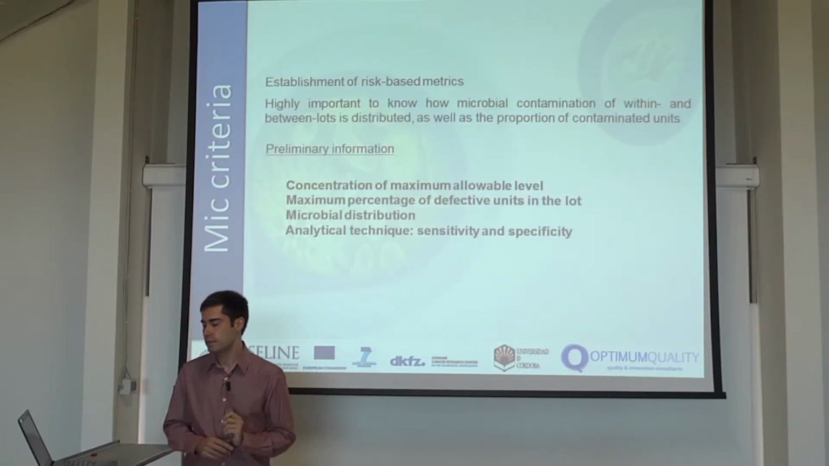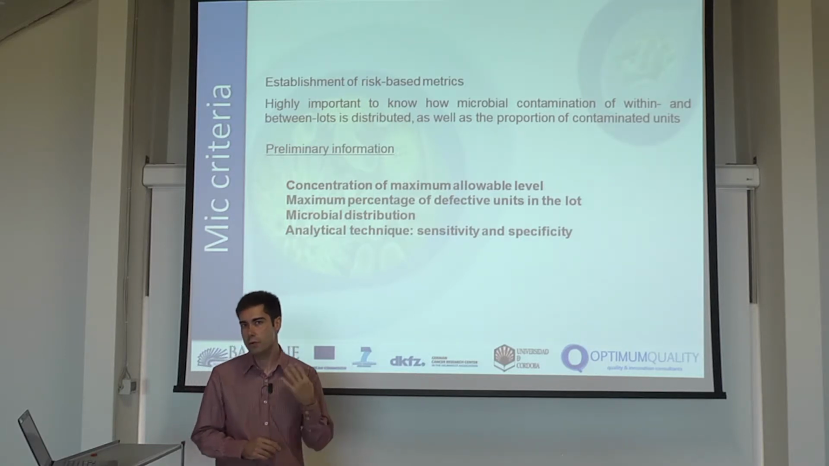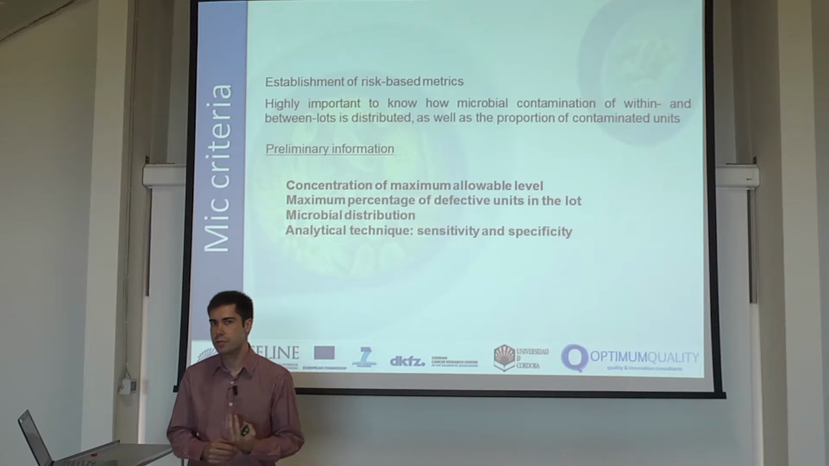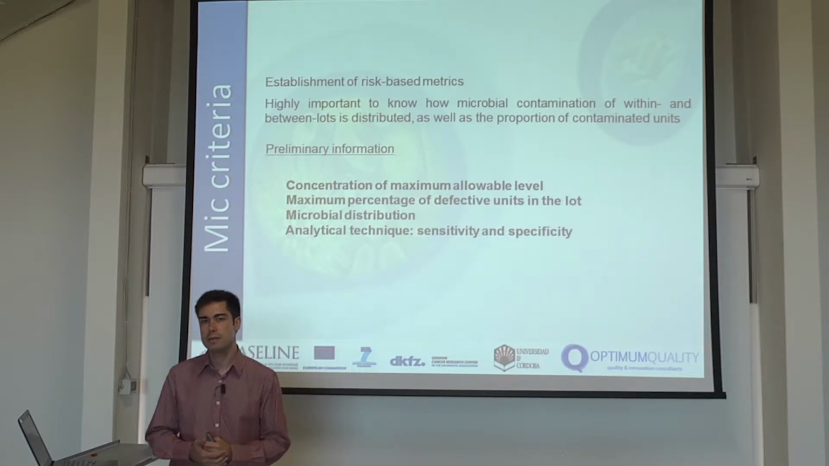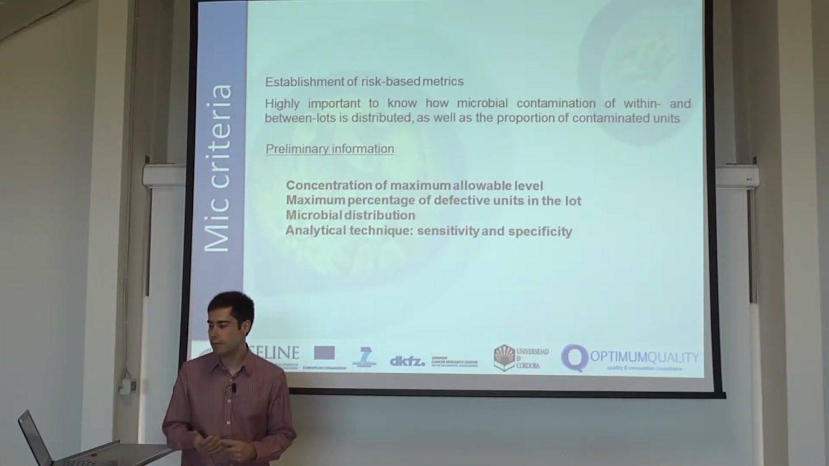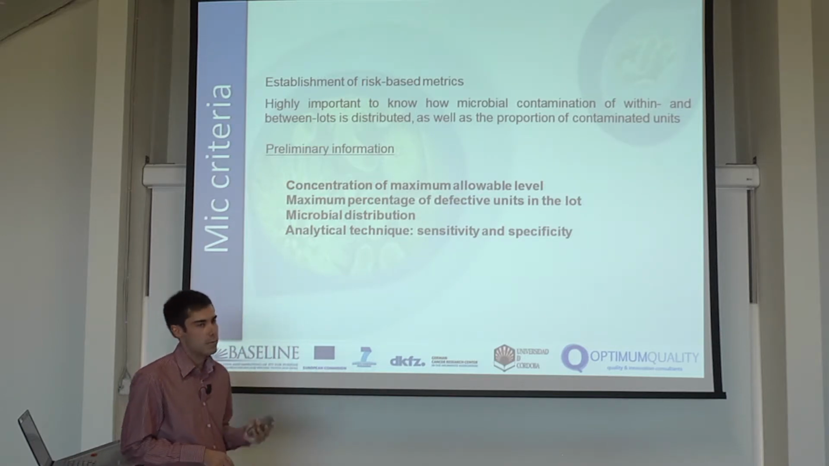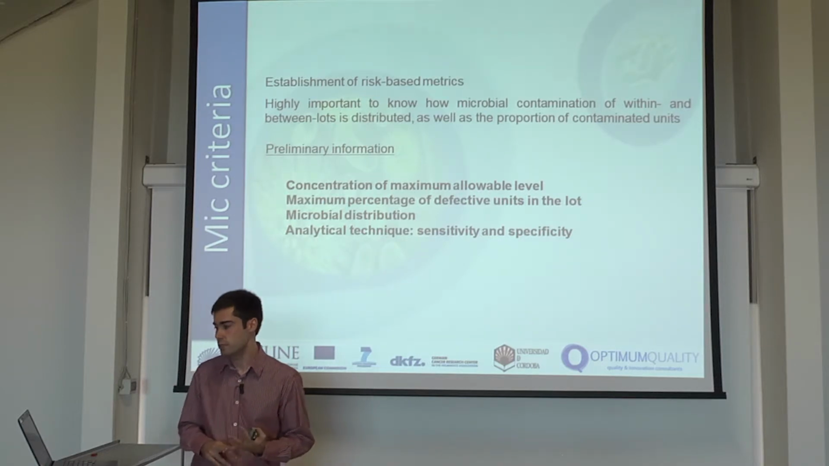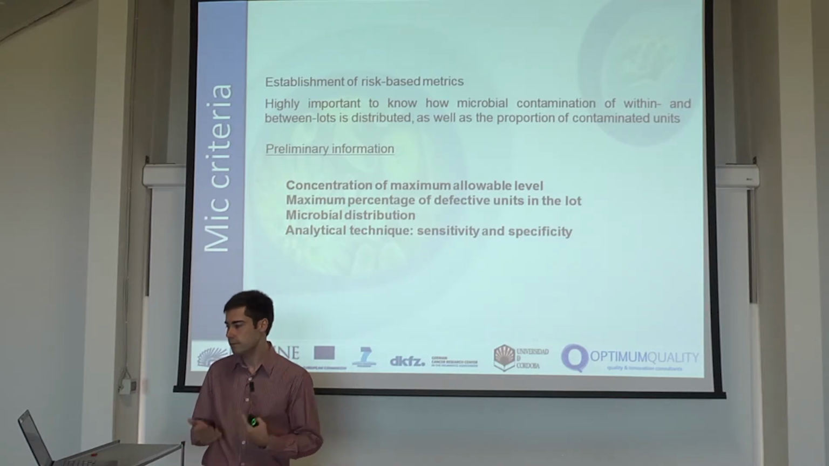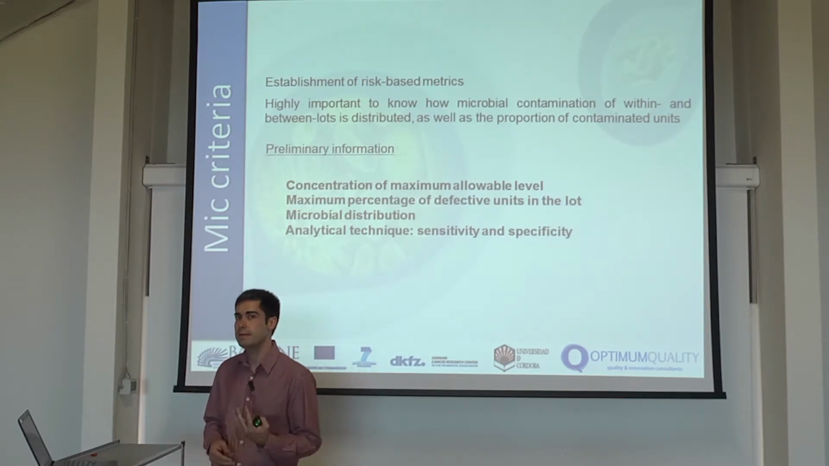To establish the risk-based metrics, it is highly important to know the microbial distribution of the contamination and the prevalence within a lot and also between lots. There are some information sources that can be collected. For instance, it is needed to know the concentration or maximum allowable level, the maximum percentage of defective units in the lot, and also the parameters of the microbial distribution and the analytical technique that is followed,